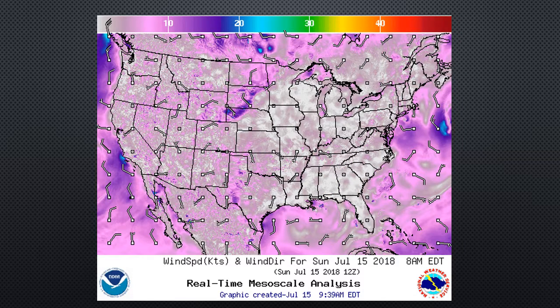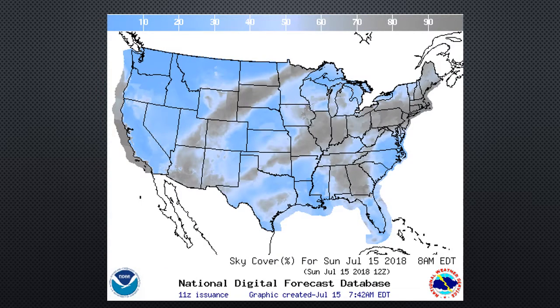Winds are low across the U.S., with spikes into the high teens in South Dakota and Nebraska, but mostly below 10 miles per hour. On the National Digital Forecast Sky Coverage Percentage chart, there's cloud coverage in three primary bands. Starting on the west coast, the first band extends from the mid-Oregon coast south to the end of the California coastal coverage area. The second band extends northeast from Arizona and eastern New Mexico